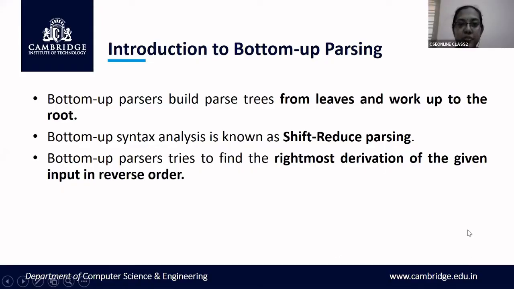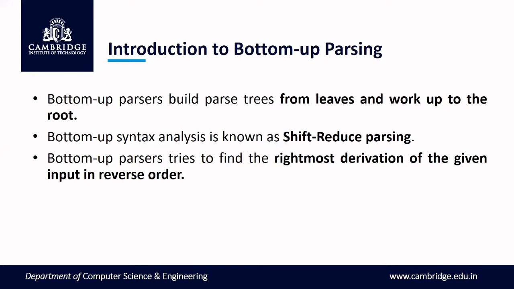So here you can see what exactly the difference is between a bottom-up parser and a top-down parser. In the previous sessions, you have seen the LL1 predictive parser. The prerequisites for an LL1 or a top-down parser are that your grammar must not be ambiguous, your grammar should not have left recursion, and your grammar must be left factored. Okay, those were the three prerequisites for top-down parsing. Coming to bottom-up parsing, bottom-up parsers only have one prerequisite, that the grammar should not be ambiguous, but the grammar can have left recursion and need not be left factored.